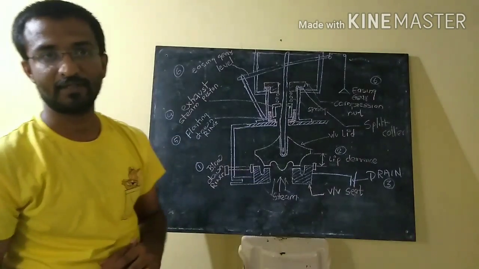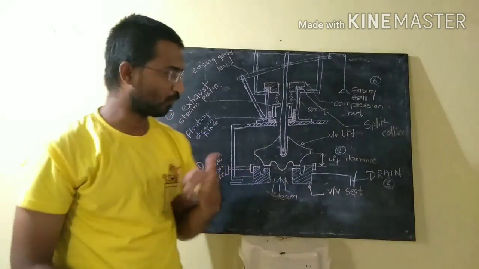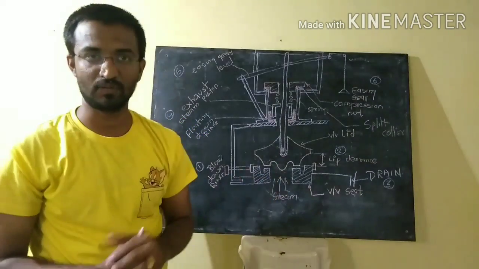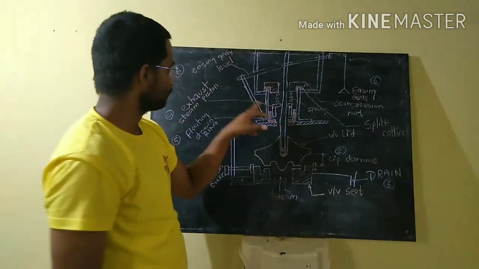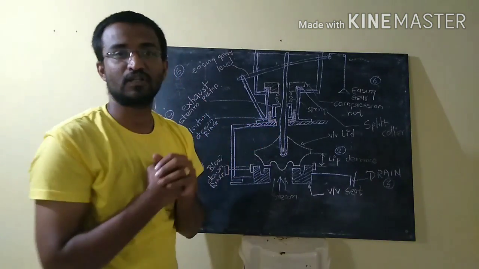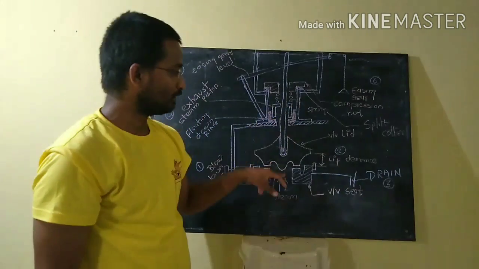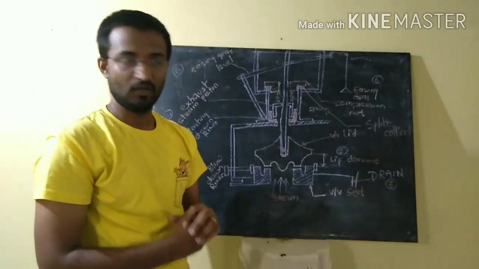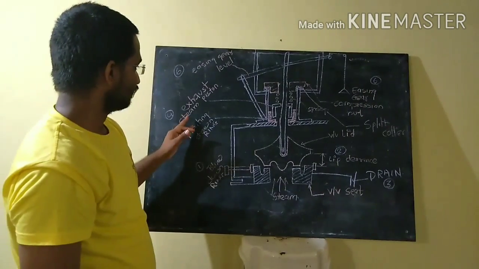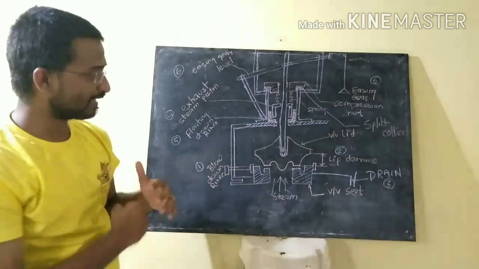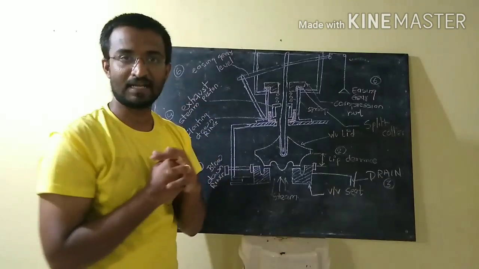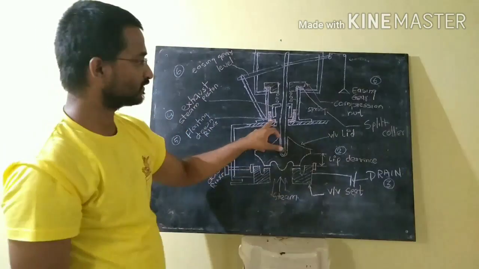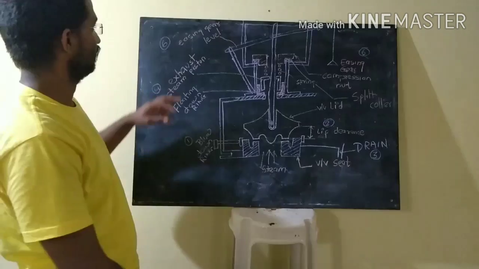Then comes the floating ring. We incorporated it in the improved high lift safety valve. The purpose is that sometimes the exhausting piston gets stuck somewhere and the valve remains open only. So to avoid this, floating rings come into the picture. It is like a liner for the piston, so that the piston will not get stuck. So this is the floating ring.